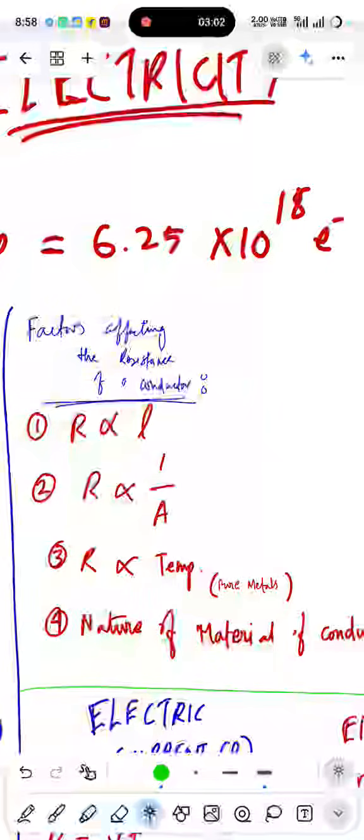R is inversely proportional to the area of cross section of conductor. Means if the area of cross section decreases, the resistance will increase. That means